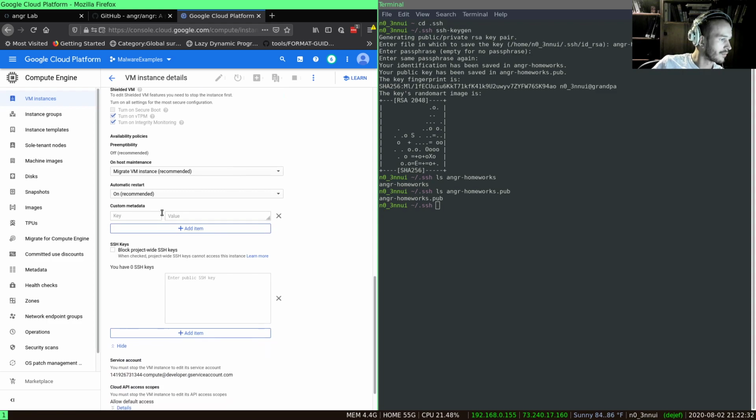So this is where I enter my public SSH key, and I can do that here by catting the value to pbcopy